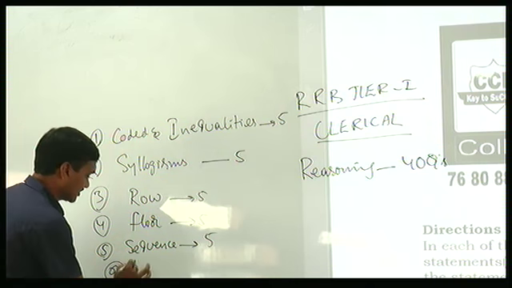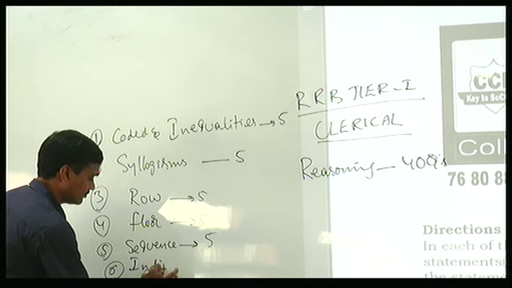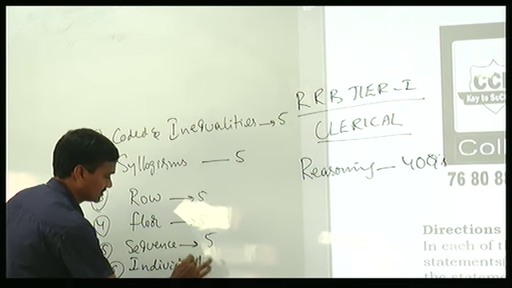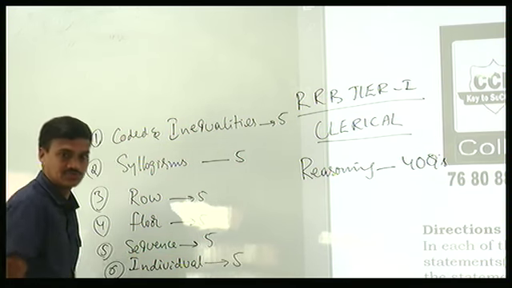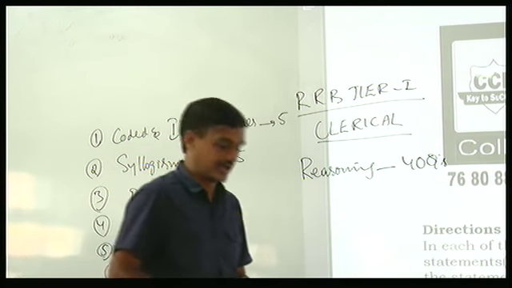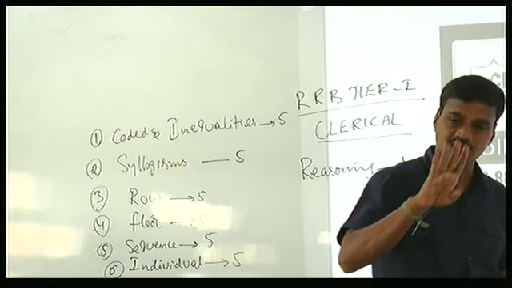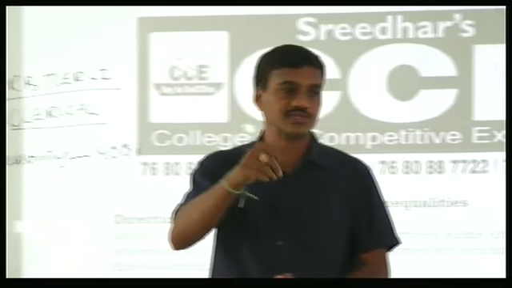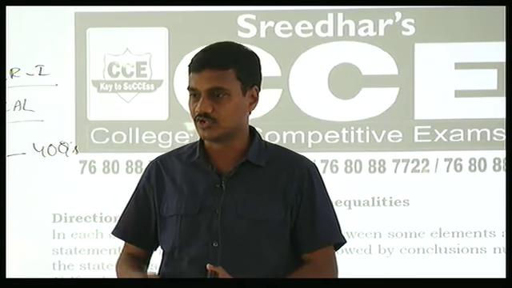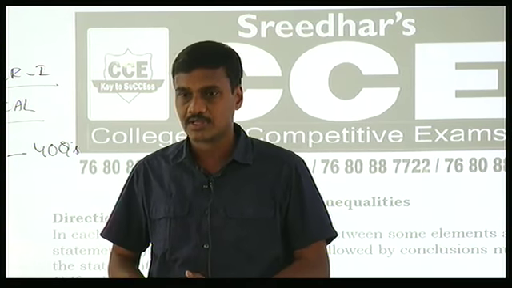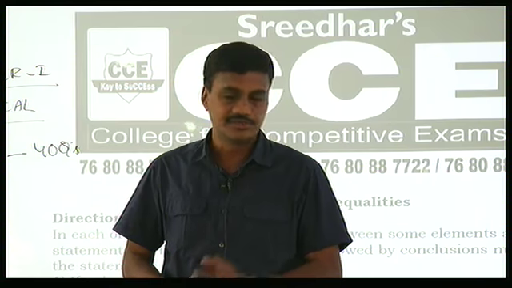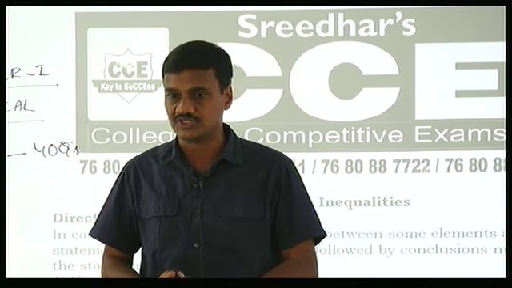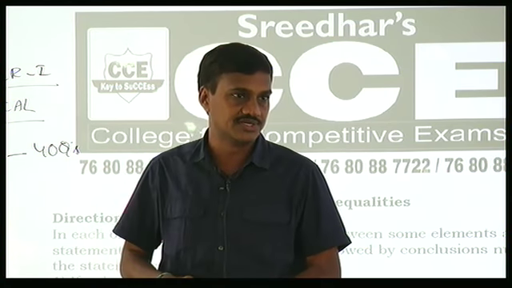How many individual questions were given? 5 questions were given. Out of these 5, 4 questions are very easy. Just attempt those 4 rather than the 5th question. In the 5th question, some comparisons regarding their weight were given. X is heavier than Y and Z,